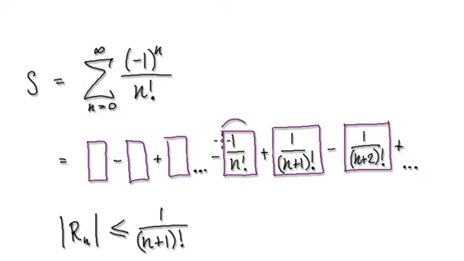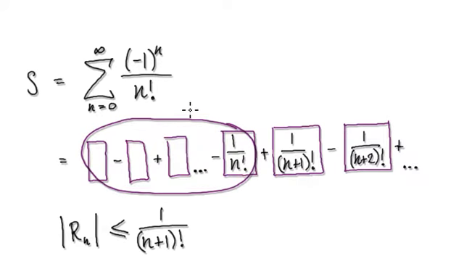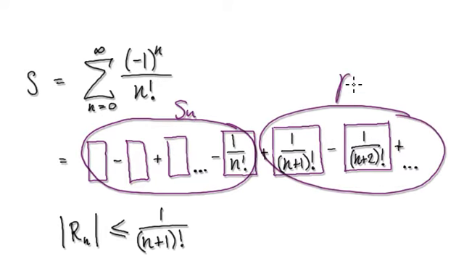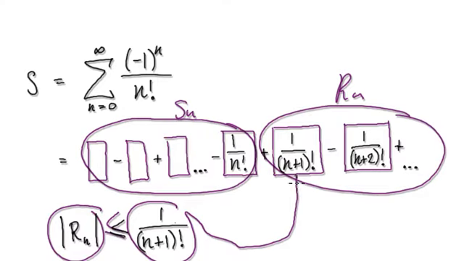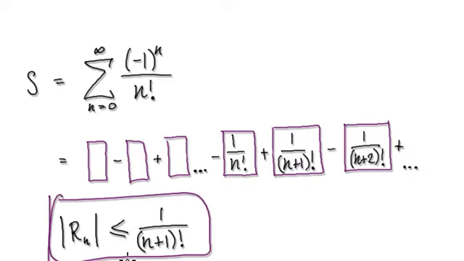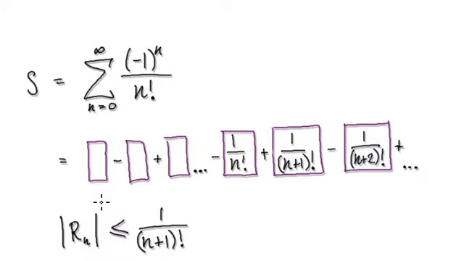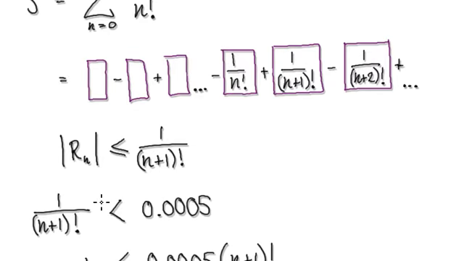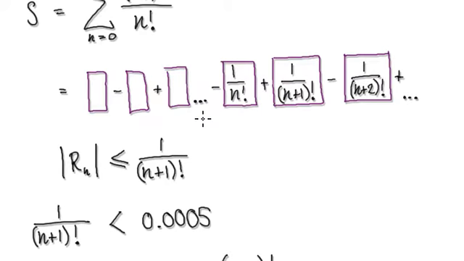So up to n here, this is our S sub n, and then the rest here will be our remainder. But then the remainder will be less than or equal to this one individual value here. We've seen this in the previous video,